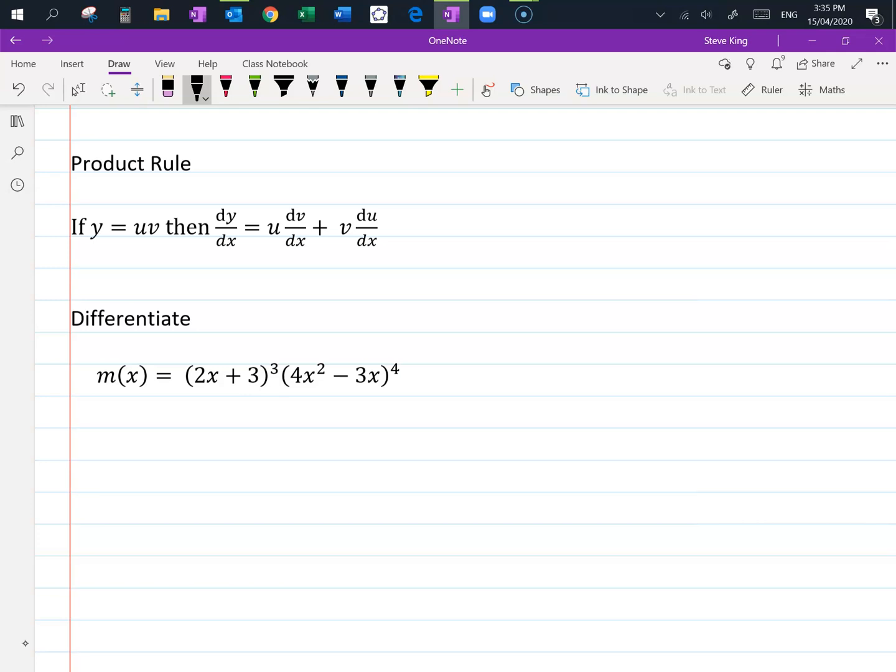And this is what we call the product rule, and we use it whenever we're finding the differential of a